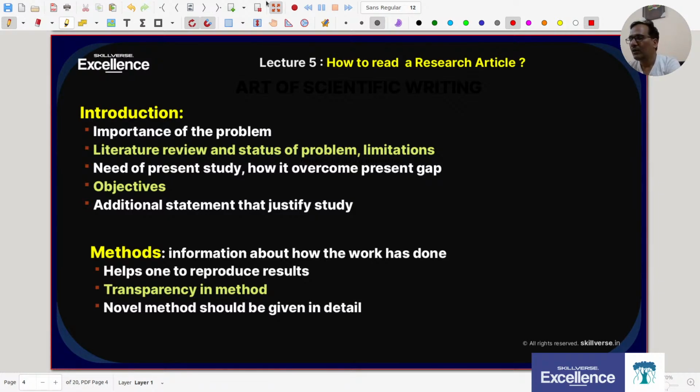If anyone wants to reproduce that result, then obviously she will have to take the help of these methods, whatever method is used. And one important thing, that method should be transparent, because some writers try to hide some information. This is wrong, this is not ethical. It must be transparent, and this novel method should